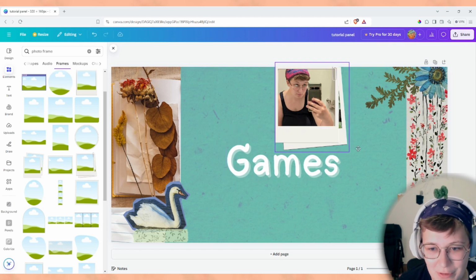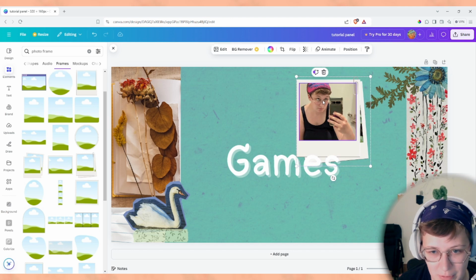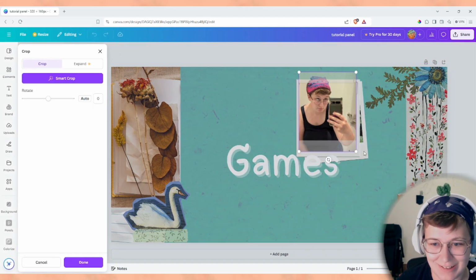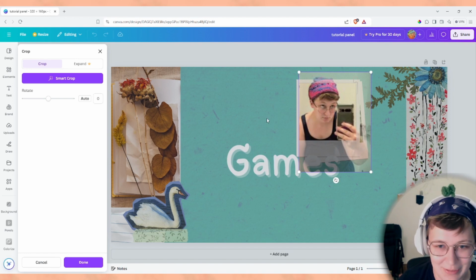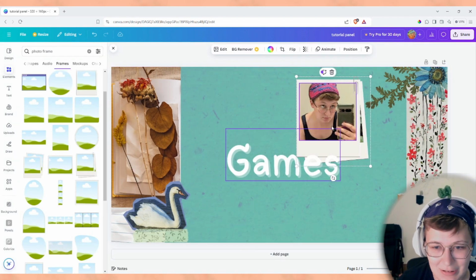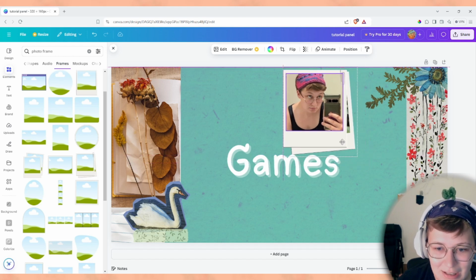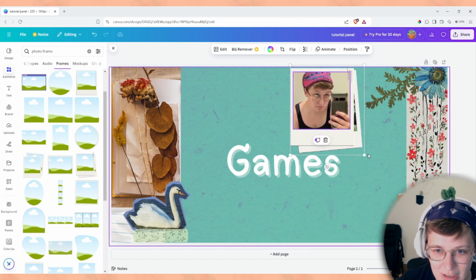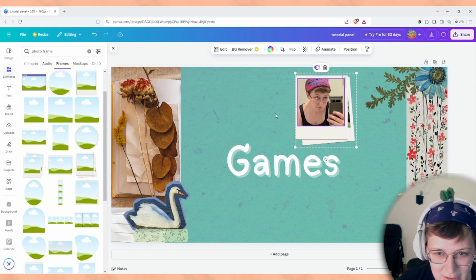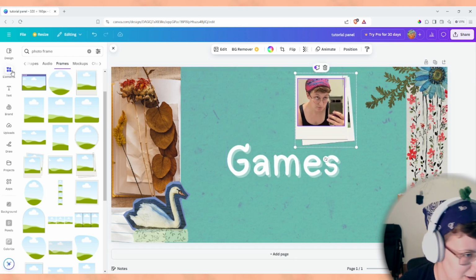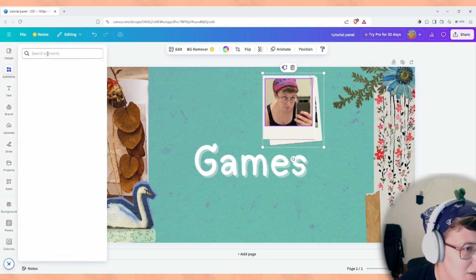And you can also crop these photos, reposition them. Like, I don't want this cleaning rag in there. So I'm just gonna drag that a little bit and hit enter. There, now that is fixed. And I'll just make that a little smaller and put it here. And then I feel like if I put this here, I want one more thing on the bottom to kind of balance it out. So maybe I'll look for like...